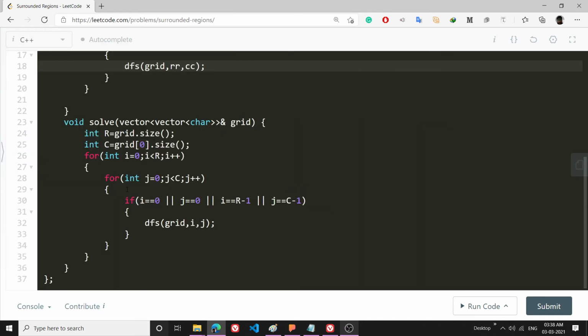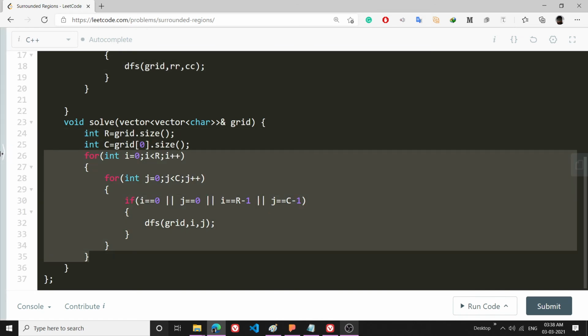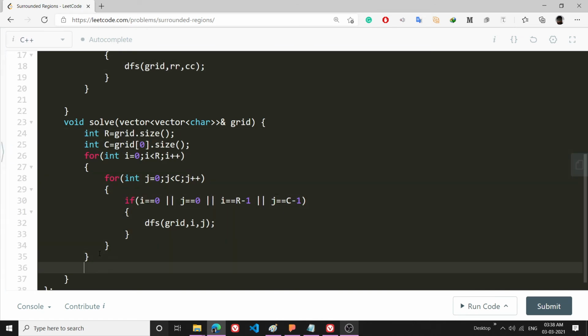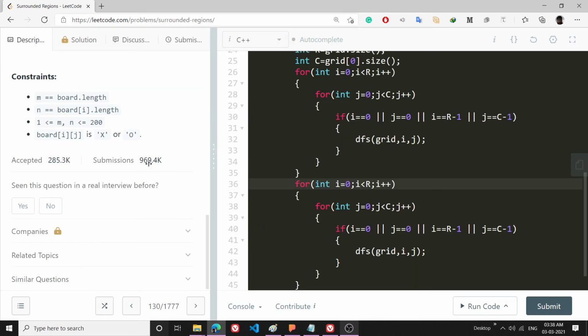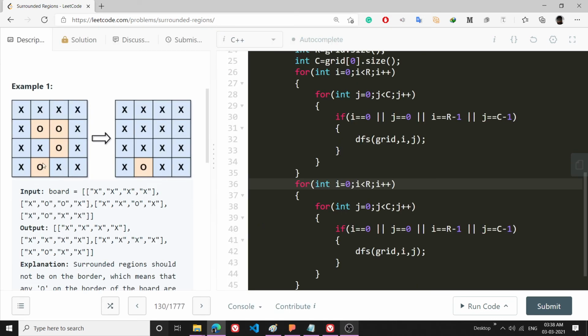Now my task is simple. All the o's that have access outside will be z, so I will convert all z back into o because they won't be captured by x, and those o's that are still remaining as o will be converted into x.